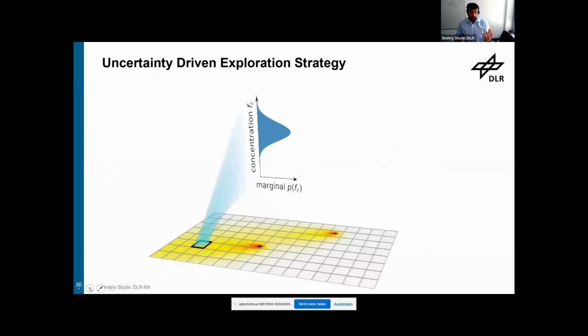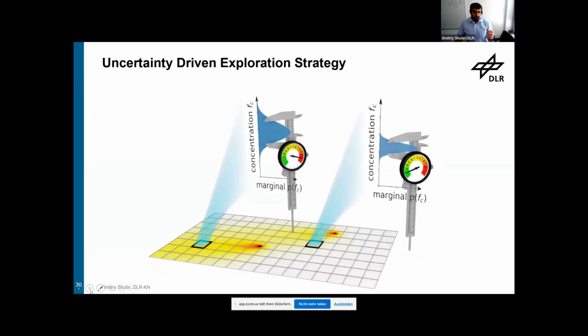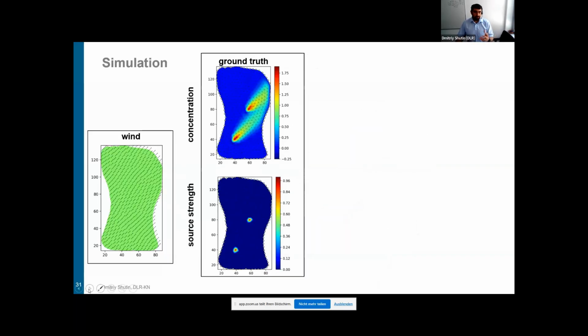And what we can do now is actually measure the size of this uncertainty and say, okay, every cell will now have a different uncertainty. Some will be higher, some will be lower. Those uncertainties that are high are interesting for us because this is something that we do not know about our parameters. So this is probably where we want to go and measure. If the uncertainty is low, then our measurements have sufficient information about this particular value. We don't want to measure there. And this is the strategy that we follow.